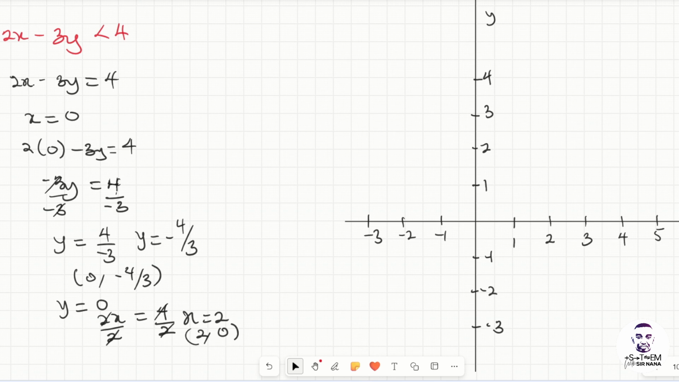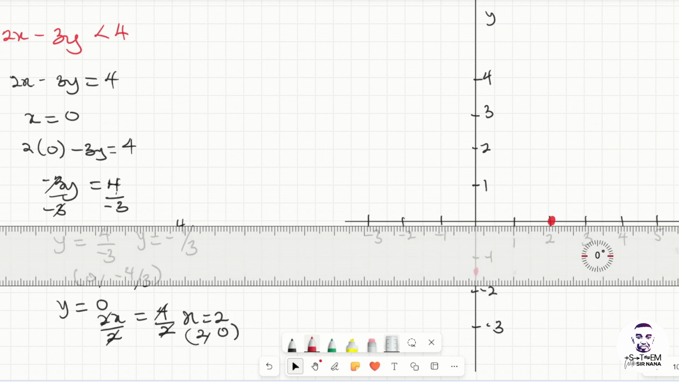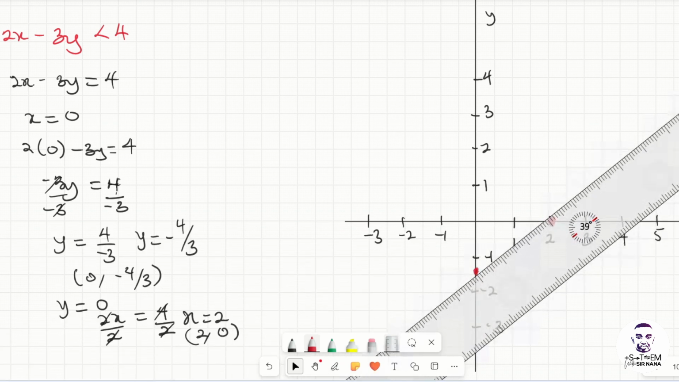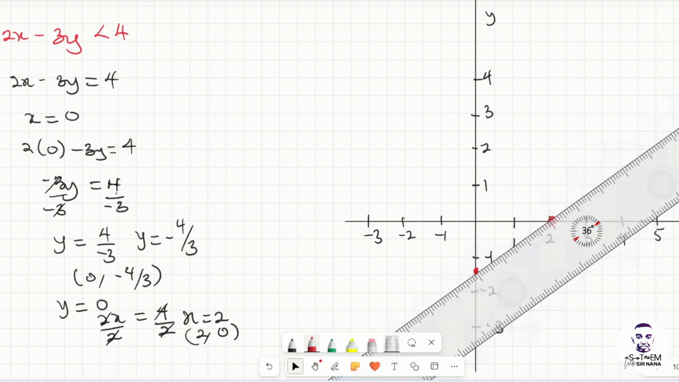So negative 4 on 3 would be beyond the 1. So somewhere around this side, right? So somewhere here. Let's use the red for emphasis. So we put it here, right? And then we have 2 and 0. So 2 on the x-axis, 0 on the y-axis, that is here, right? So we can draw a line to pass through those 2 points. And once you draw a line to pass through those 2 points, we'll be able to have